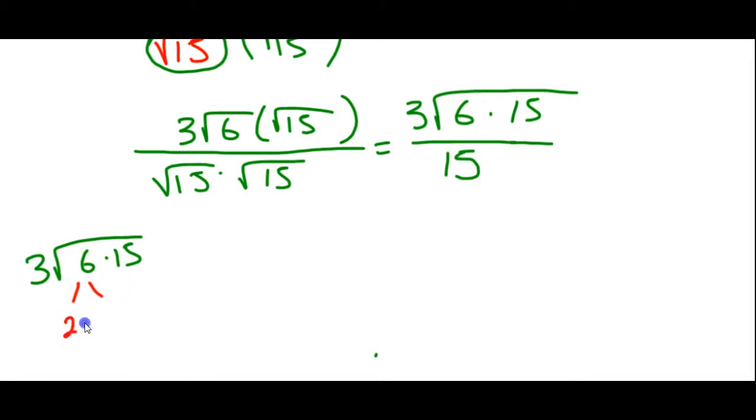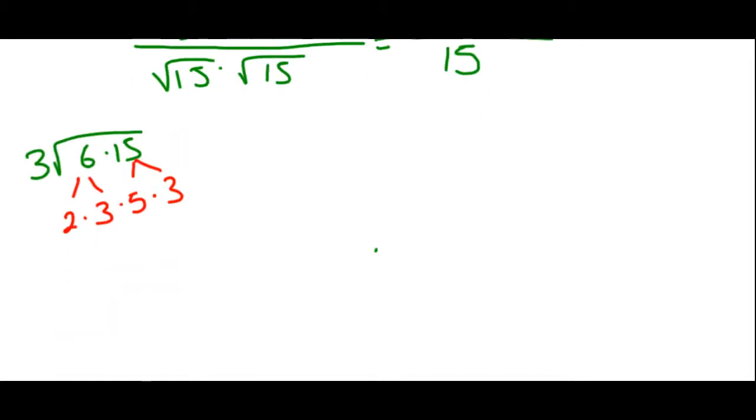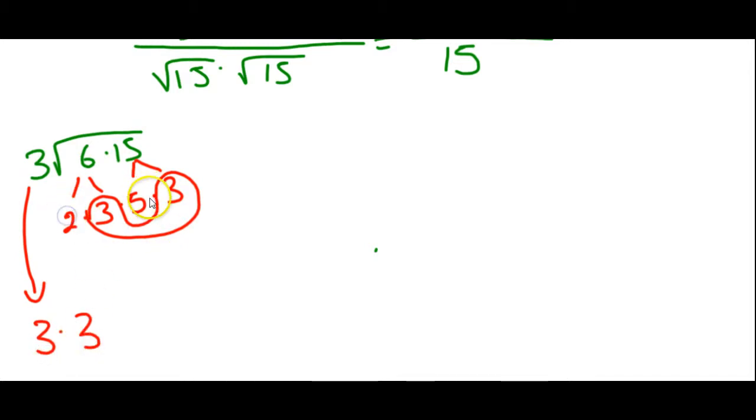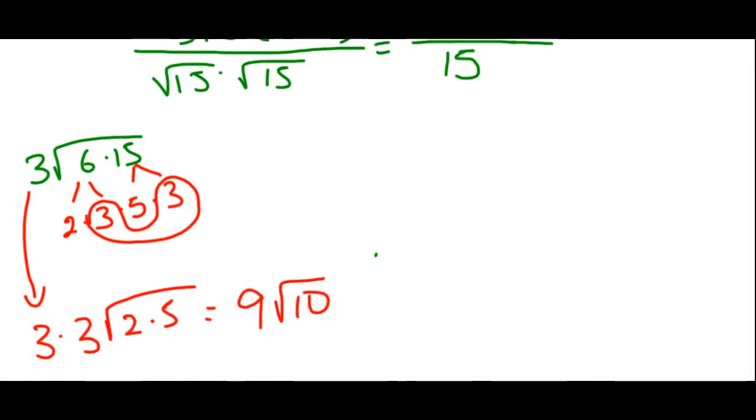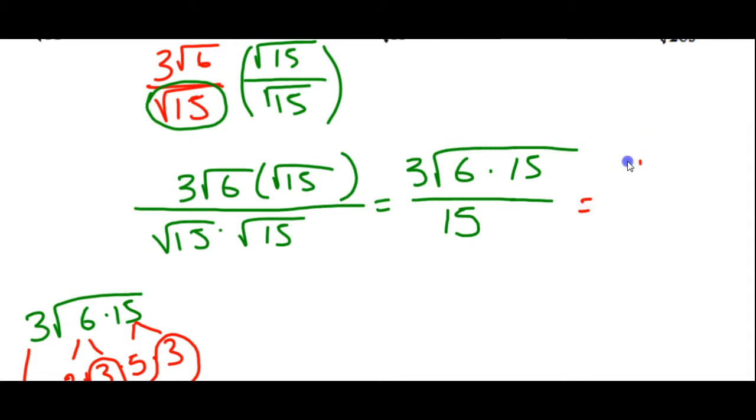6 is 2 times 3, and 15 is 5 times 3. Here we can't break it down anymore. So here we have one pair. We already have this 3 outside, so that becomes 3 times this pair, which now becomes a 3. This and this stay inside, so it's 2 times 5. This is the same thing as 9 times the square root of 10. So our answer, and we're going to put that back on top, is 9 square root of 10 all over